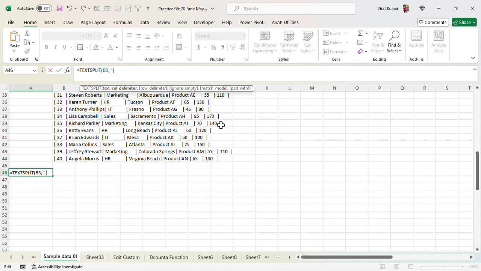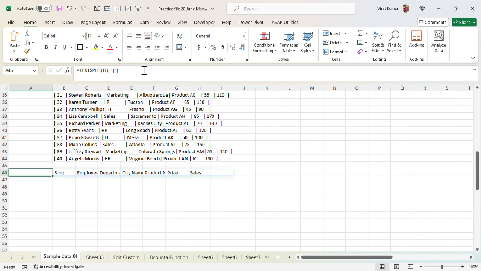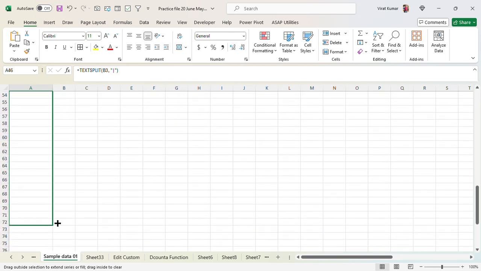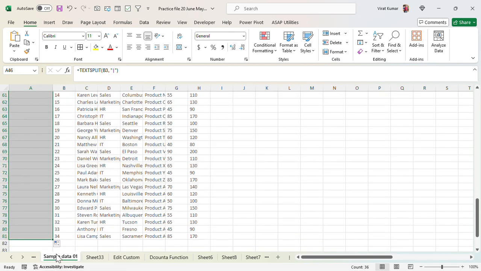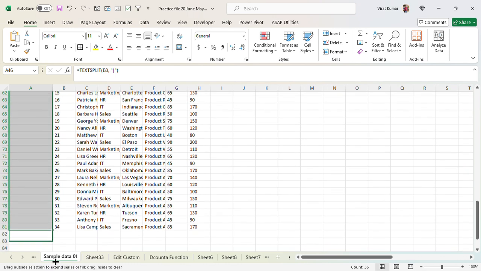You can see this sign, double quotation, bracket close, and hit enter. Here you can see our first data is here. Now simply drag it, a little bit more.